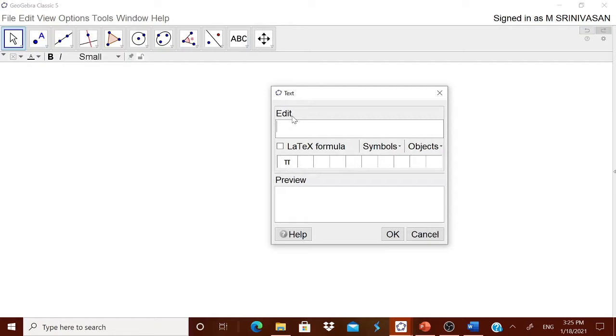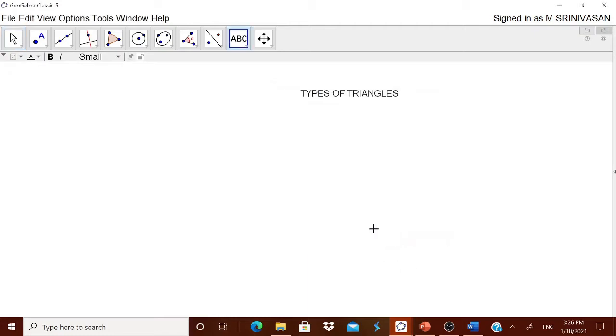Suppose you can have a kind of interaction in the class also. You can just interact with the children and tell them that I am going to talk about the types of triangles. What are the types of triangles? And you can explain them that I am going to make use of this GeoGebra worksheet to tell about the types of triangles. Not only that, the only thing which we are going to make use of in this particular dynamic worksheet is sliders. We are going to use sliders, but we are going to convert the sliders into inputs.